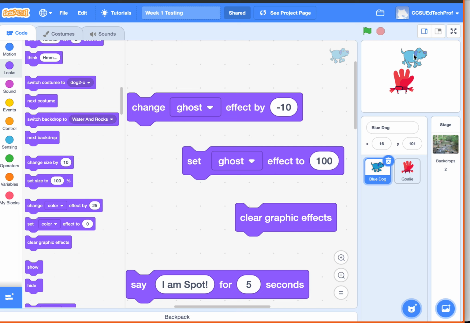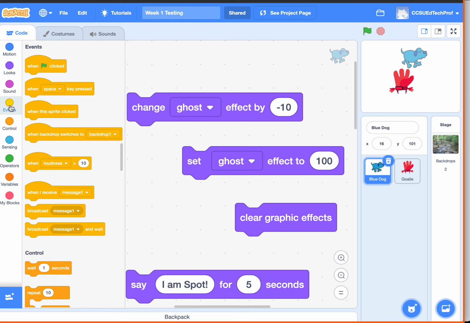Or you click on something and it moves, or it changes its look, or whatever. So those three things are called events. When a user pushes a key, when they click the green flag, when they click on the sprite, that generates an event. And what I want to do is connect that event to one of these blocks. So in my categories, if I go down to events, the yellow category,